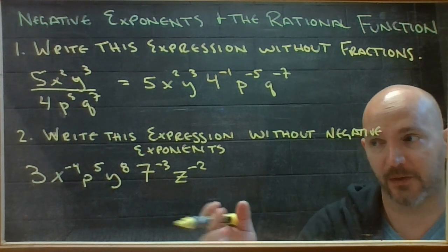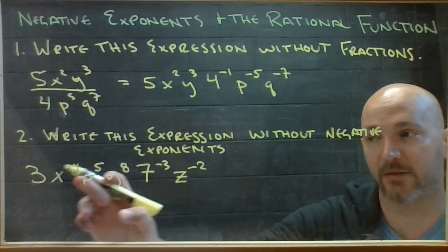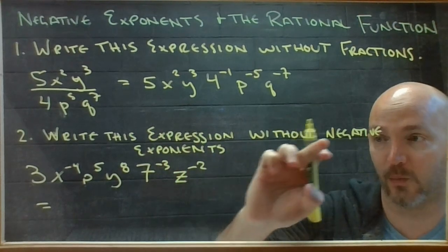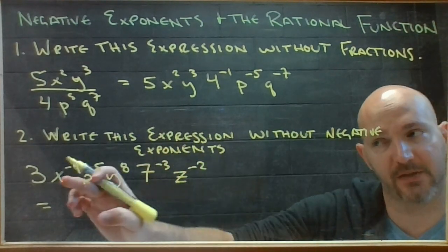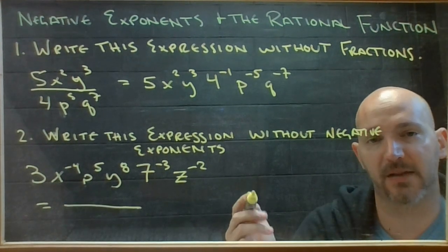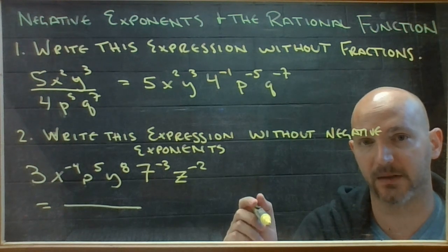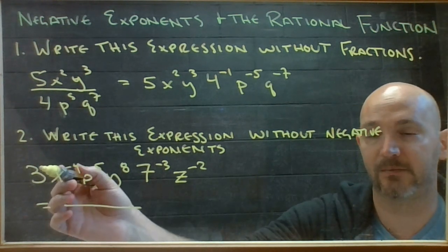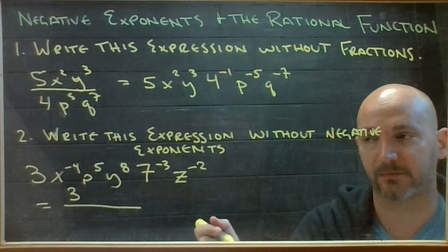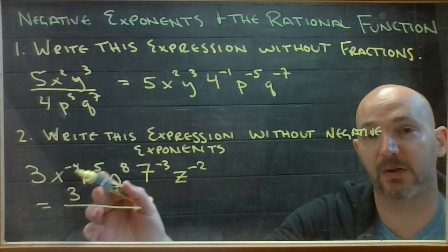If we go the other way, take an expression where there's no fraction bar, but there are negative exponents all over the place, and write the expression without those negative exponents, I just have to go through all the pieces. All the things with positive exponents stay in the numerator, all the things with negative exponents go in the denominator. So I've got a 3, no exponent at all, up it goes. X to the negative 4, that's an x to the power 4 in the denominator,